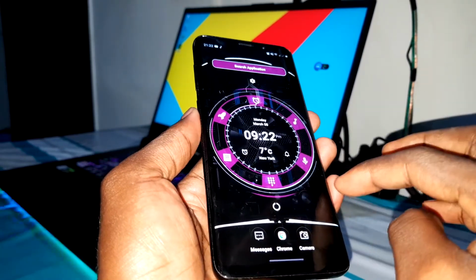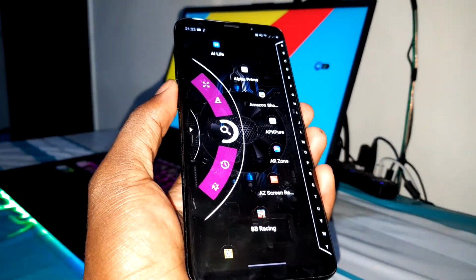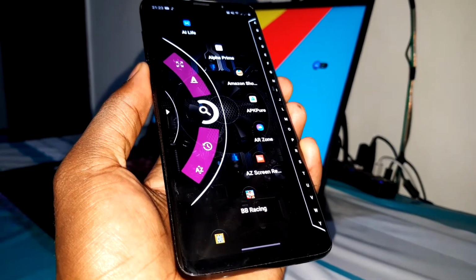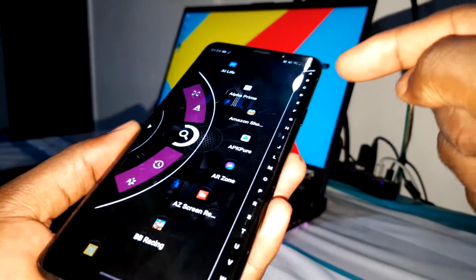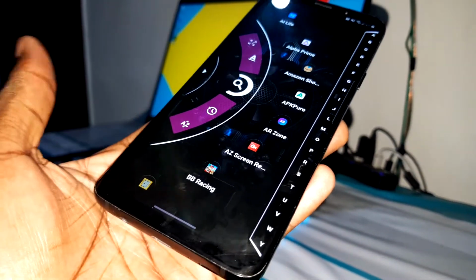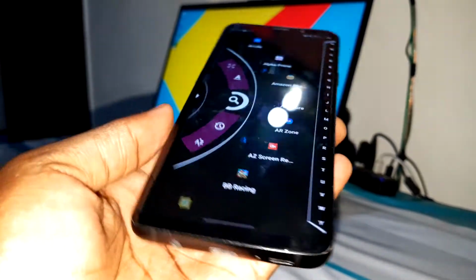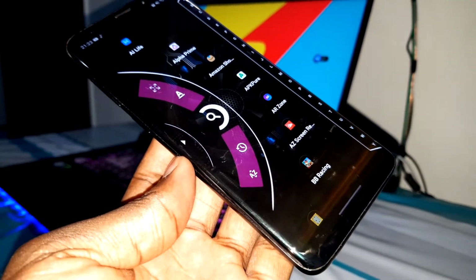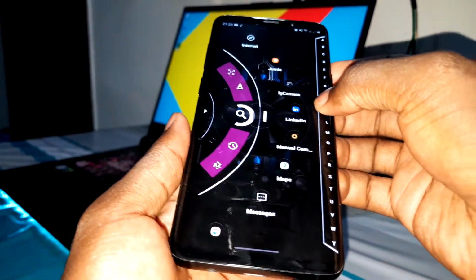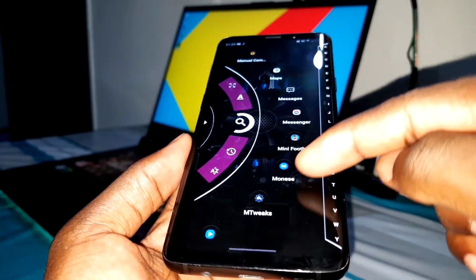Great. Now there's something I want to show you. I want to show you this. Now you can access all of your applications just like that in front of you. You have all of this. A, B, and it's great. Can you see this? You can choose the letter you want. And you can see M, more of this M.